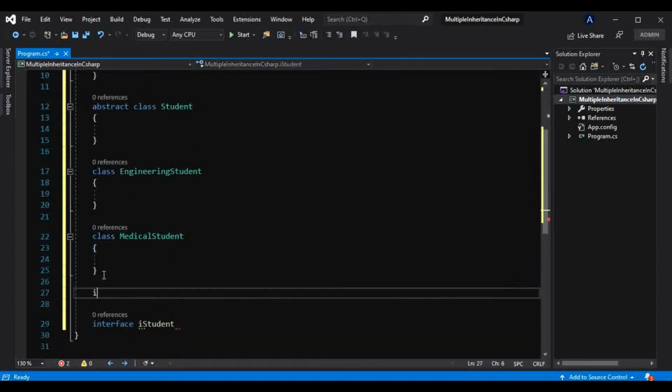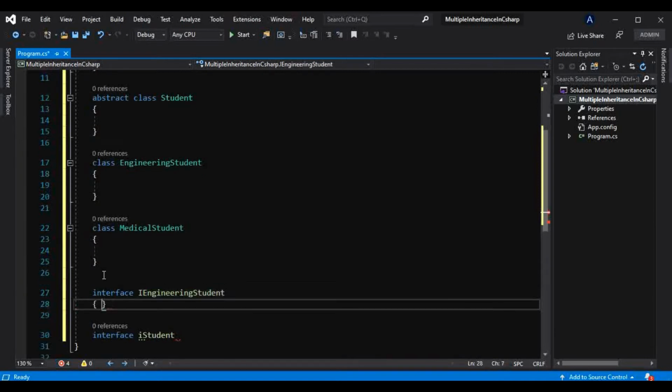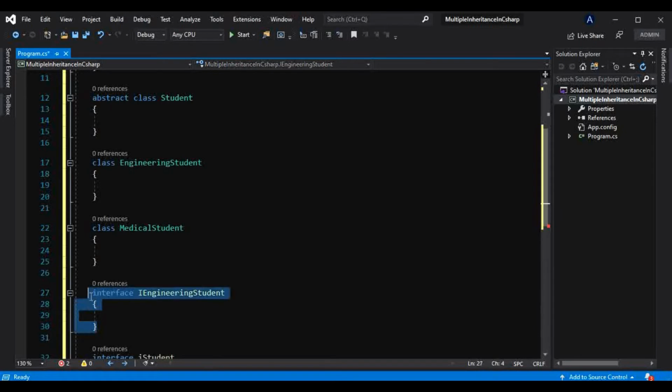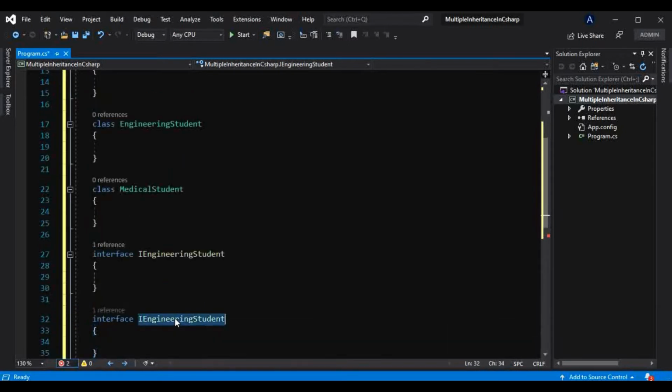And let's take two other interfaces, that is IEngineeringStudent and IMedicalStudent.